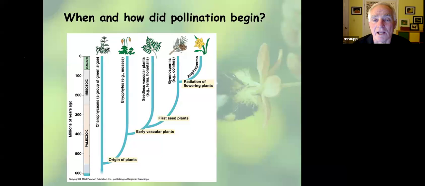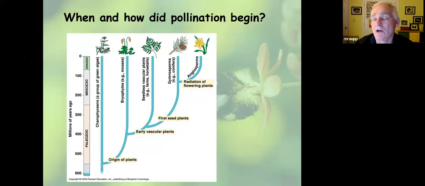The next big breakthrough came in a switch in vascularization. Now we have plants with a vascular system, and we call these plants the ferns. This is why we'll hike up Old Rag Mountain or Sugarloaf, and up at the top there, we'll find ferns growing. Why? Because they can put their roots down into the soil, grab water, bring it up to the fronds where the photosynthesis happens. Then the products of photosynthesis, the sugars and the other goodies, get transported through the phloem to feed the plant. So this allowed plants to colonize parts of the planet that were heretofore unavailable because they could go to drier habitats.